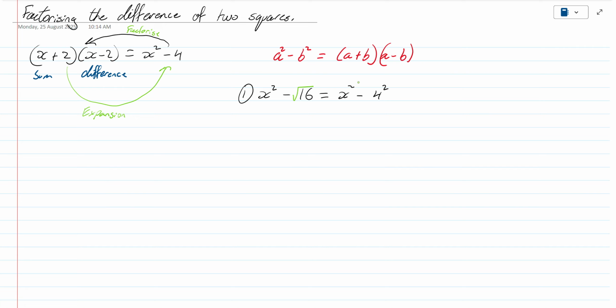And now that we have this picture of x squared minus 4 squared, that matches our rule, a squared minus b squared. So we know that we can just go, well, our a is our x plus our b, and then our a minus our b, and that's it, done. When we get a little bit more complicated,